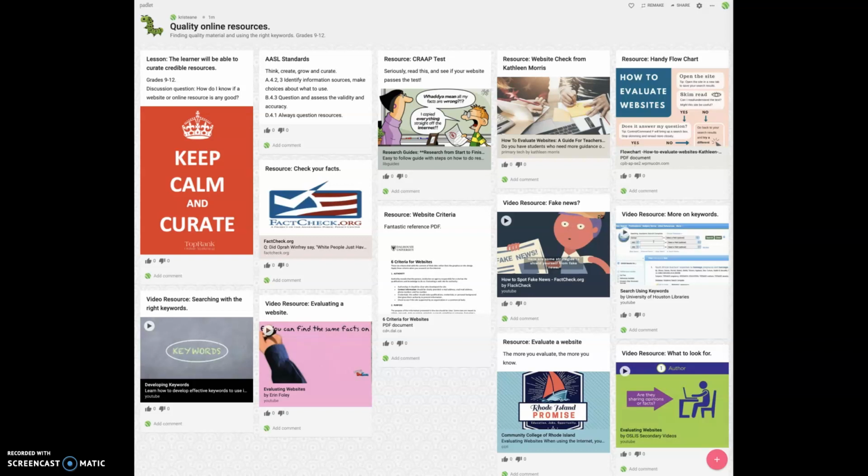Is that online article, website, or video you found for your research appropriate? This is important because you need to know how to evaluate what you find. There's a lot of inaccurate information online, but if you learn how to spot a good source, that makes your research go so much easier.